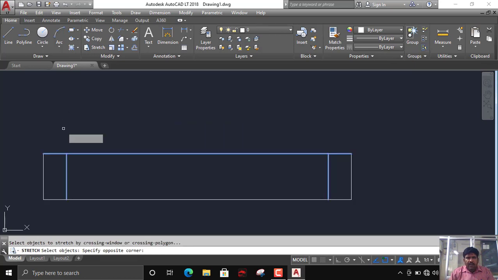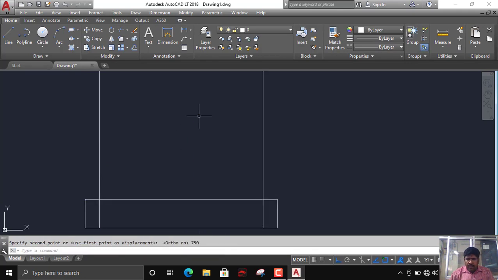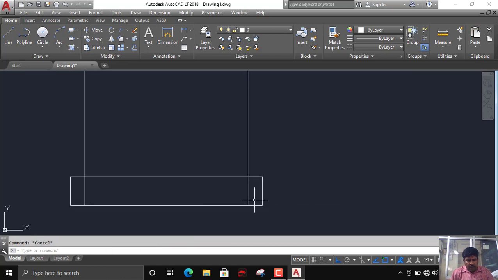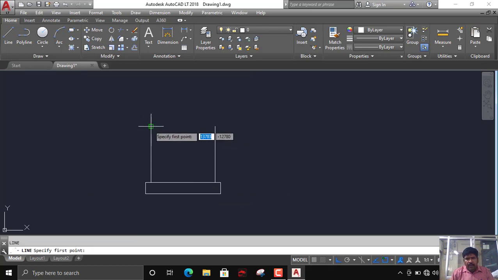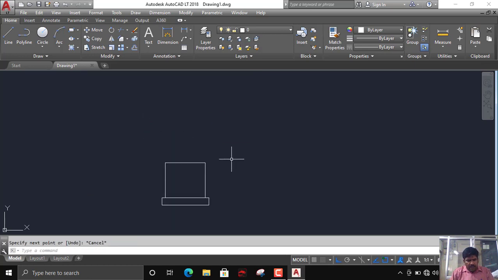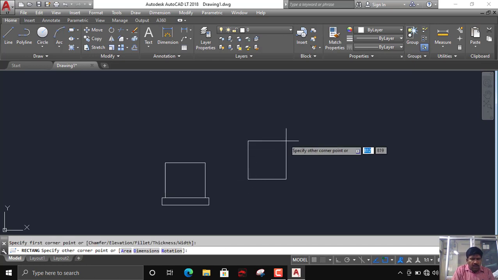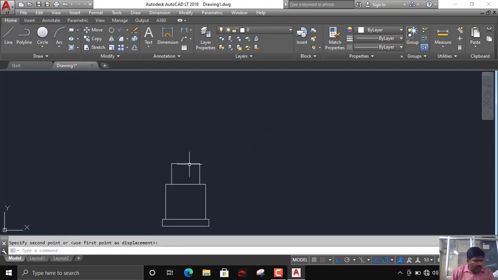And I will extend this 750 mm, right, 750 like this. Next I will extend it to 600 comma 450, right? What wall you have drawn, same thing, right? It comes up to ground level.